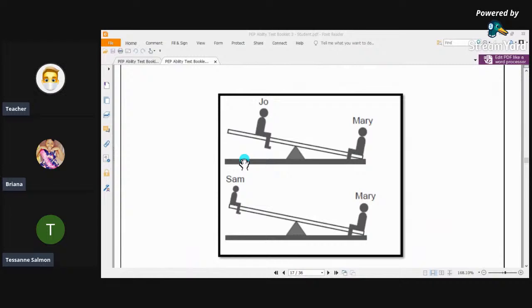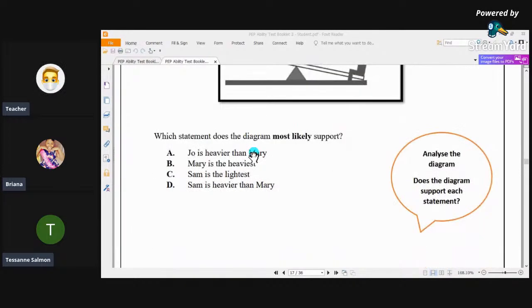Sam is the lightest. We would have to start getting into some science now to talk about which one is closer to the fulcrum or the pivot point to determine whether Sam or Joe is heavier. Okay? But beyond that, we know that all of this does not change the fact that Mary is the